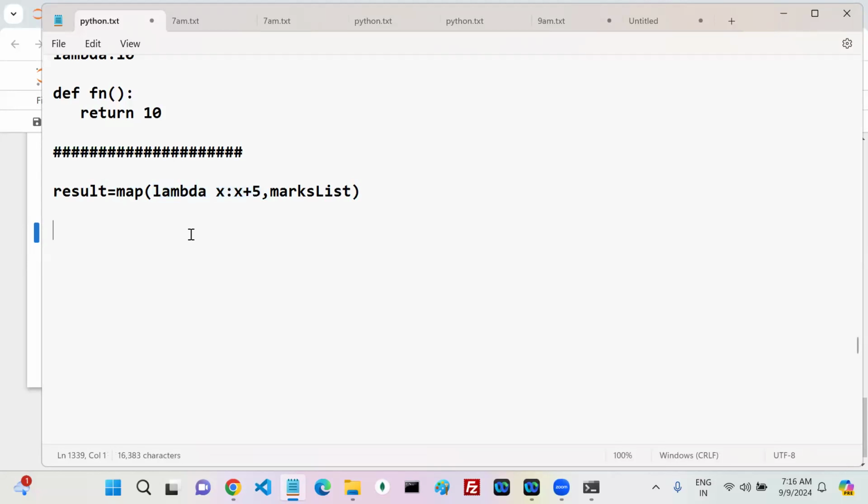So what is my map going to do? First, take the first value from the mocks list. What is my first value? 400. 400 is the first value. And